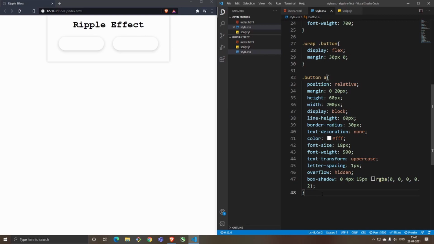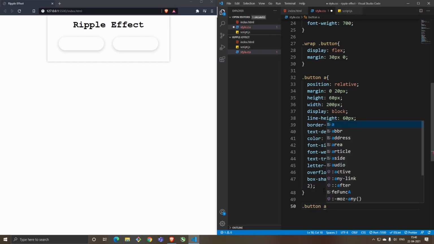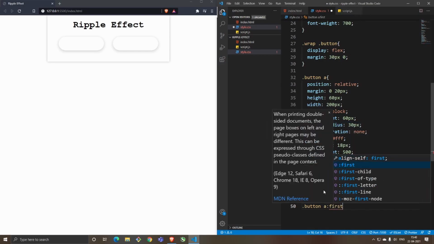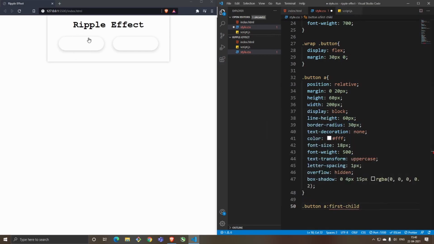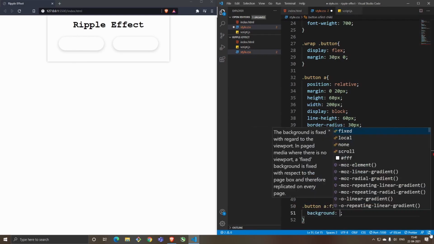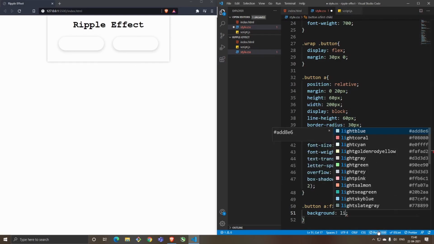Next we'll go ahead and give the color for each of these, one color for this and another color for this, so you have that difference. It has to be something other than white, so you have the text shown, because the text has been given a color of white. So we'll say button A, and for the first child, meaning the first text, which is this one out here, we'll give a background color. Now the background color, we're trying to keep it as a linear gradient. So as you move, let's say, from left to right in this case, you would have color variants shown.